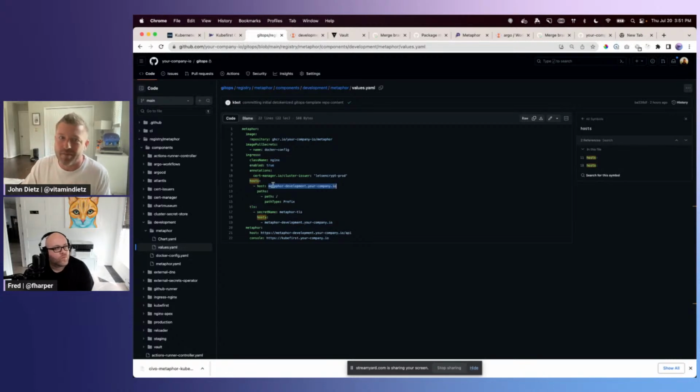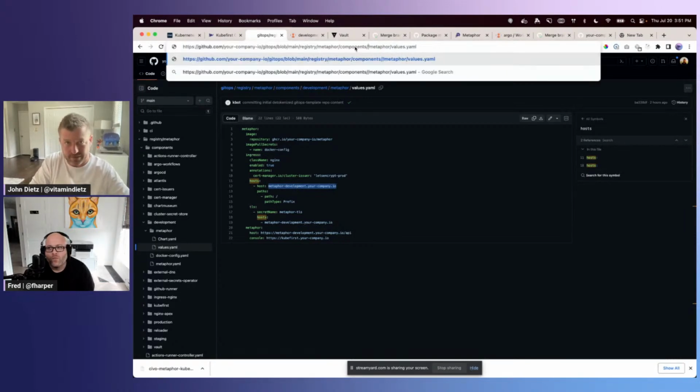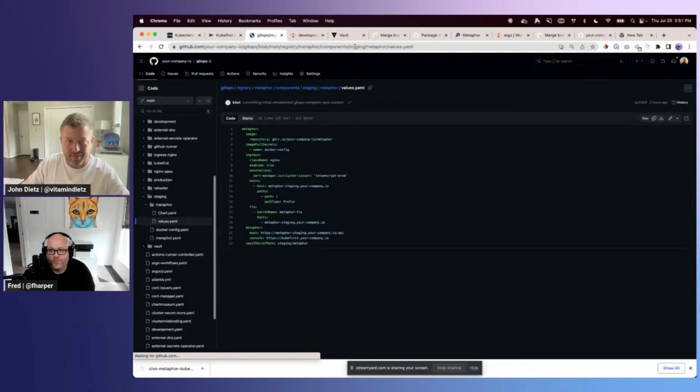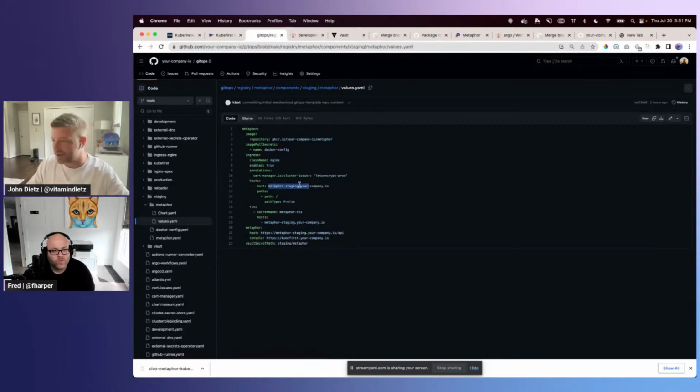So we have the Metaphor development one set to Metaphor development. We have the staging instance of this same application set to Metaphor staging. And because we have the Metaphor application integrated with external secrets and external DNS and Ingress Nginx, this thing is able to just automatically recognize that there's a host name.